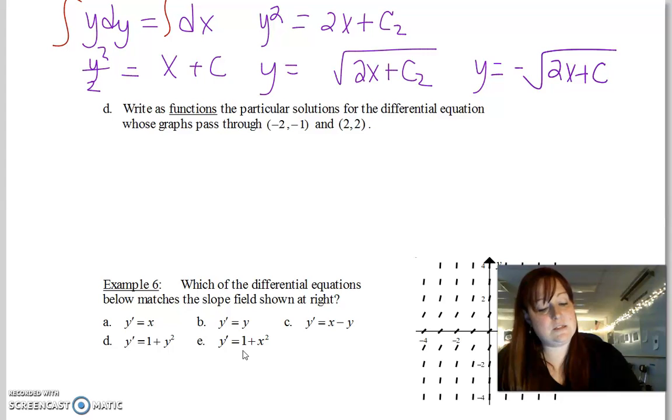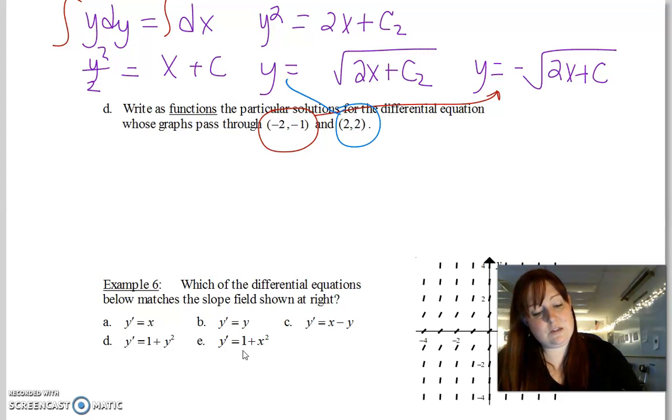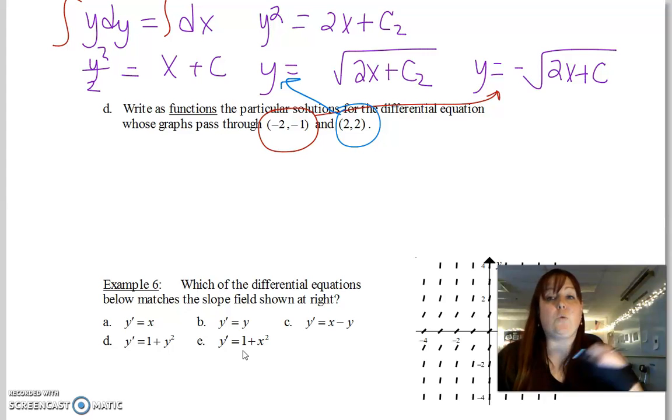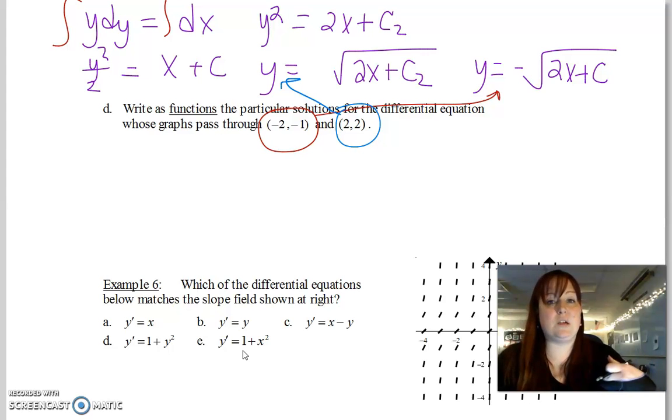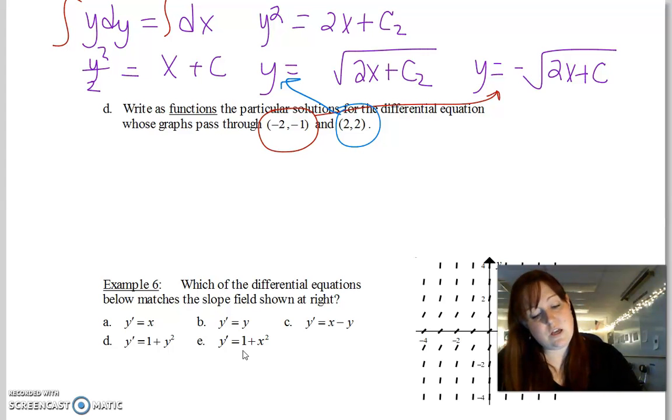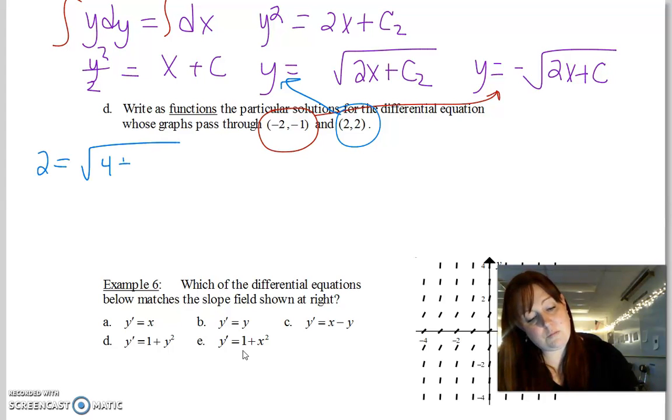for that because I'm going to plug this one into that one. And we're going to plug this one into that one because our y value is negative, so we're going to use the negative general solution, and then if our y value is positive, we use the positive general solution. So we'll start with the blue one. Okay, so we have 2 equals the square root of 4 plus c, and then we square both sides and